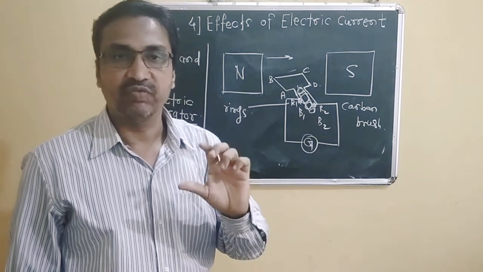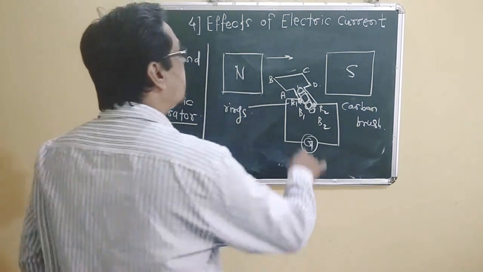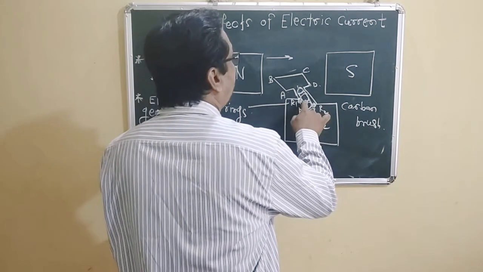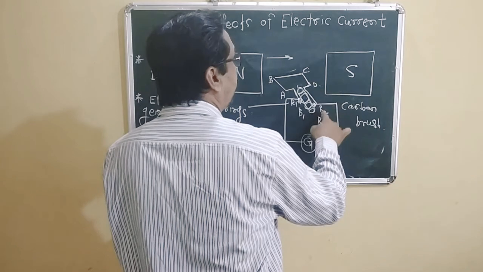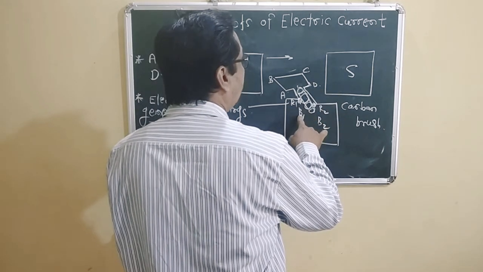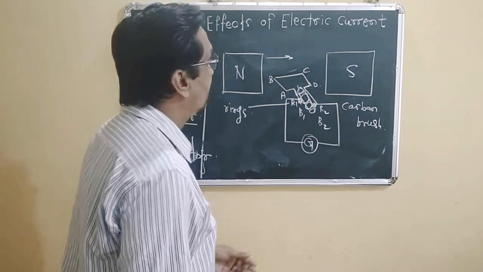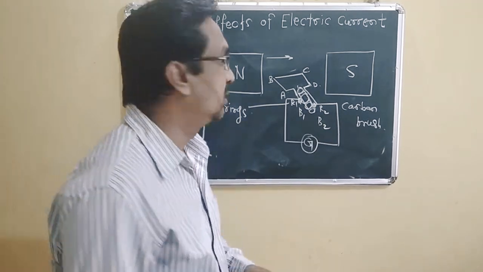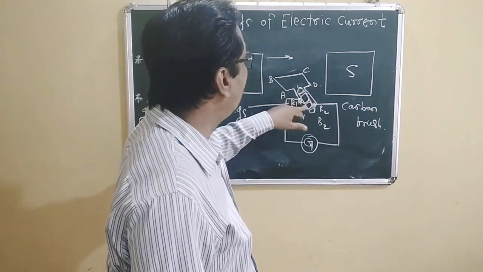This coil is connected to ring R1 and ring R2 via brushes B1 and B2. The rings have insulating, non-conducting